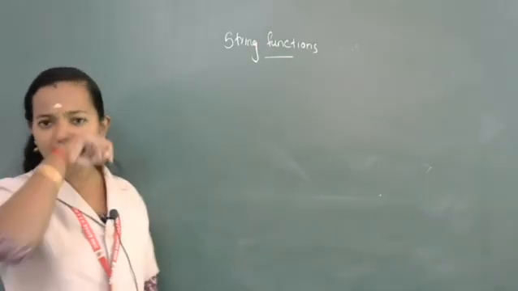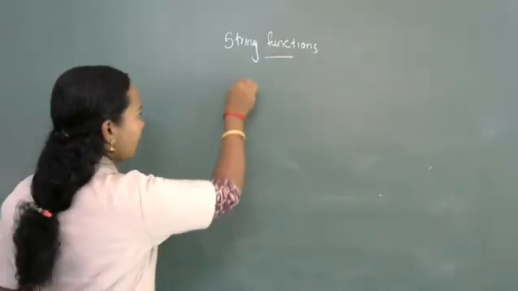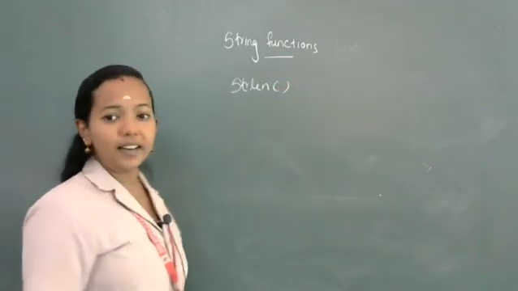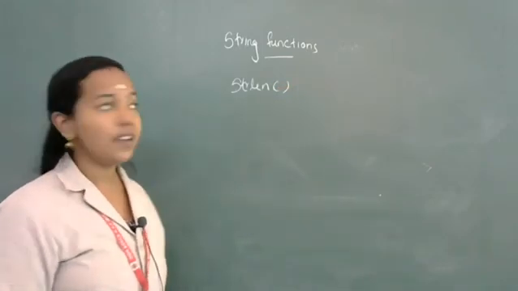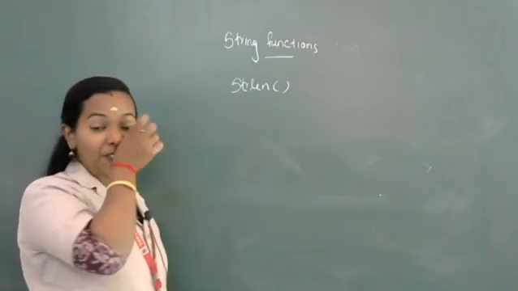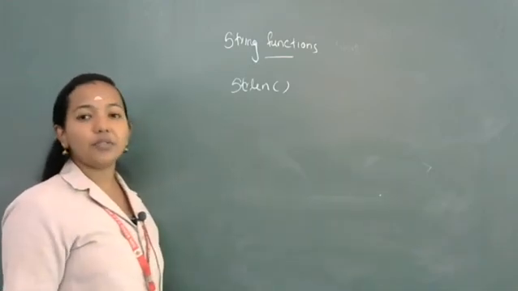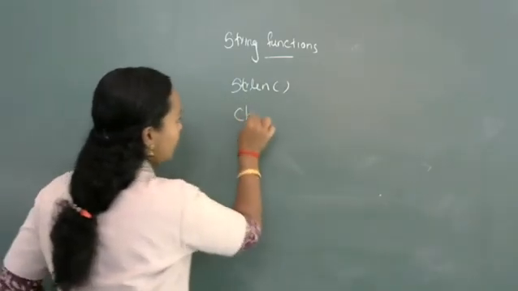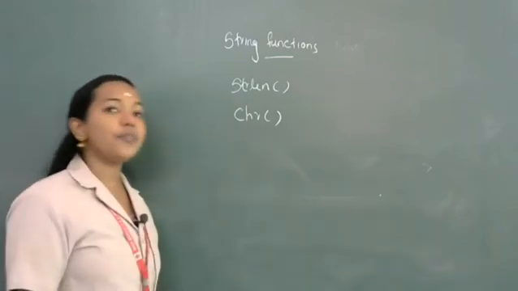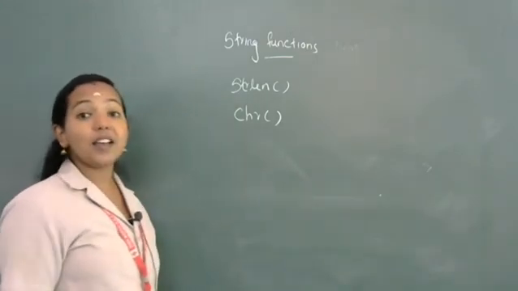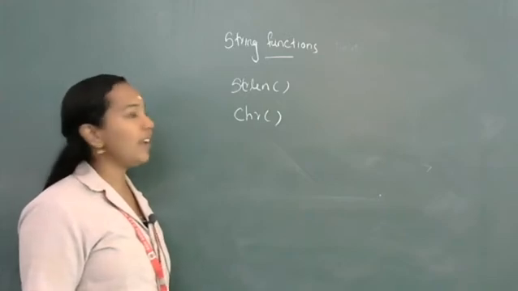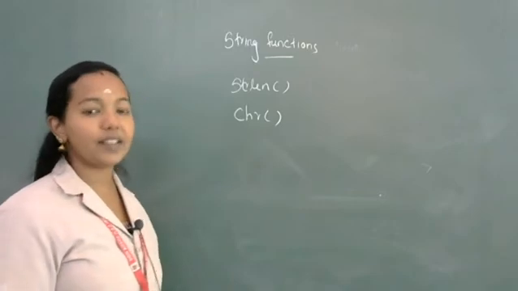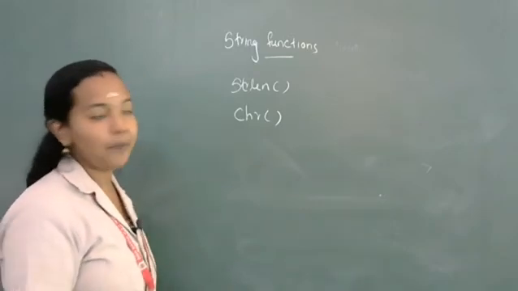You know one function in C++, the strlen function. For what are we using the strlen function? To find the length of a string. The same function we are using in PHP to find the length of a string. Then next one, the chr function. The chr function is used to find the ASCII equivalent character. We can give an ASCII value as input, so when we supply an ASCII value, we will get the corresponding alphabet as a result.